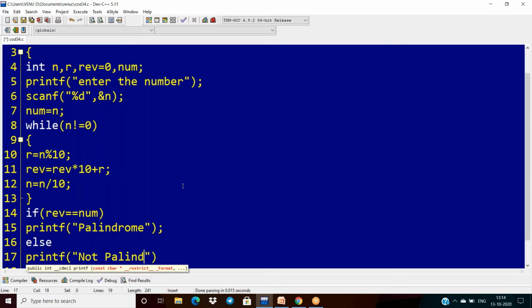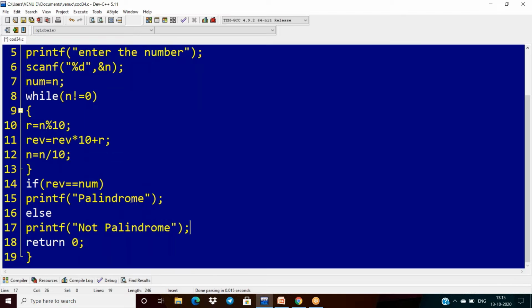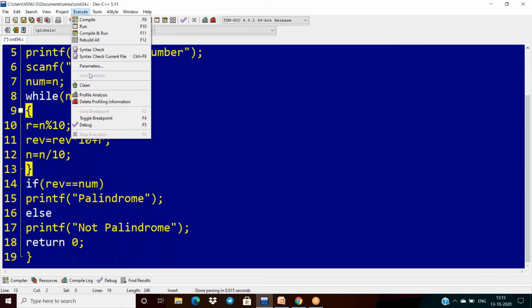Otherwise it is not palindrome. Okay, let us compile the code.